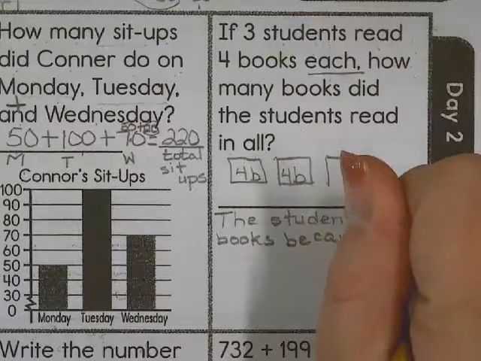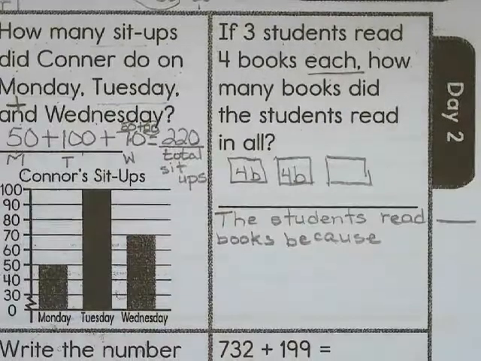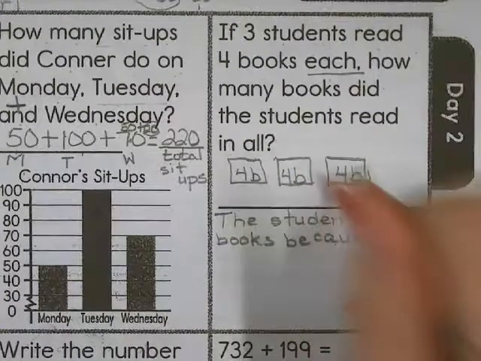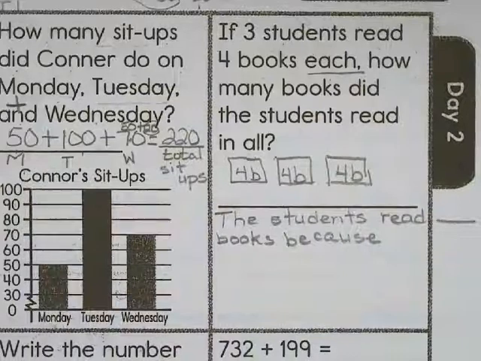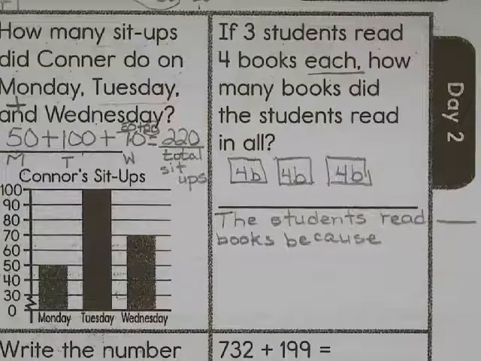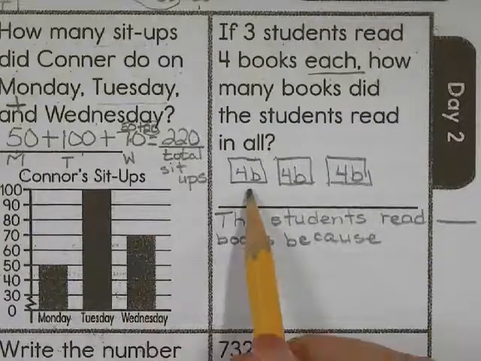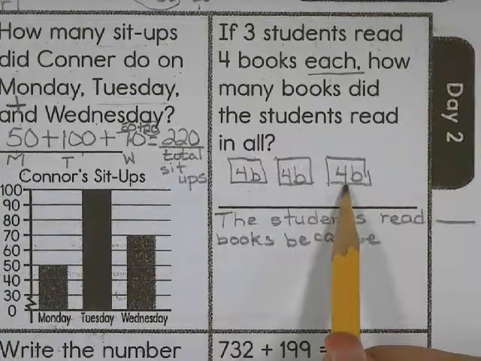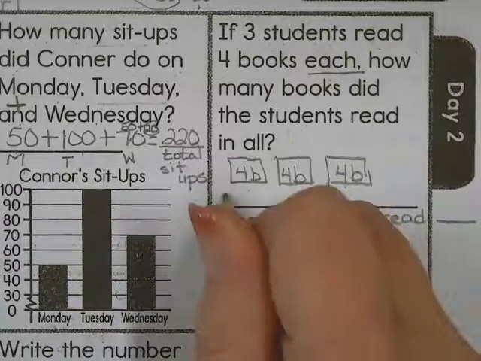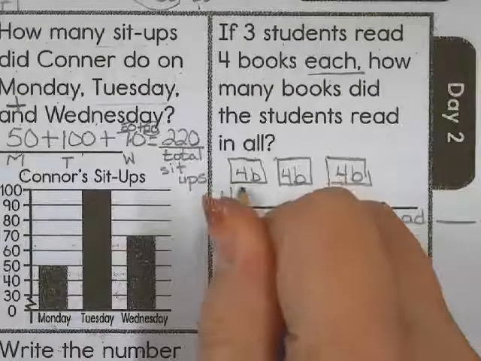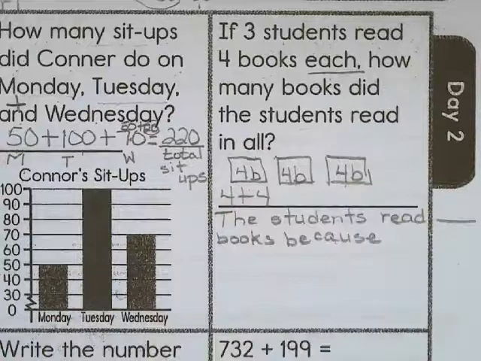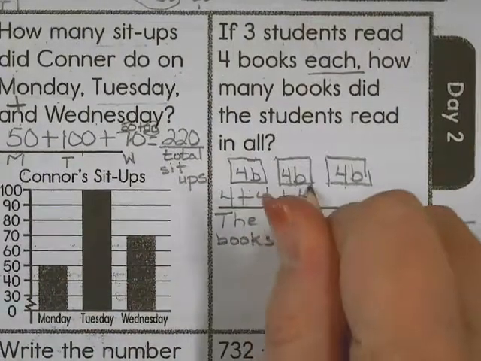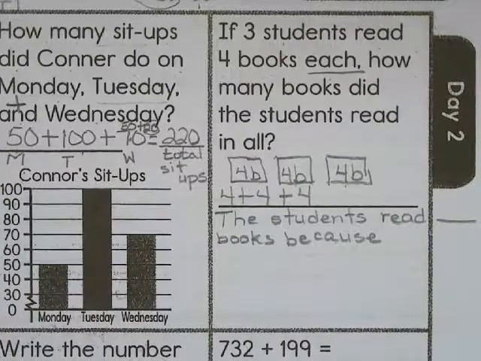And finally, we have a third student, and that student also read 4 books. So now if we think about how many books they read, we could see that there's 4 books here, 4 books here, and 4 books here. So if we were to add those 4 books to these 4 books, we would have 8 books. And if we add another 4 books, we would have,